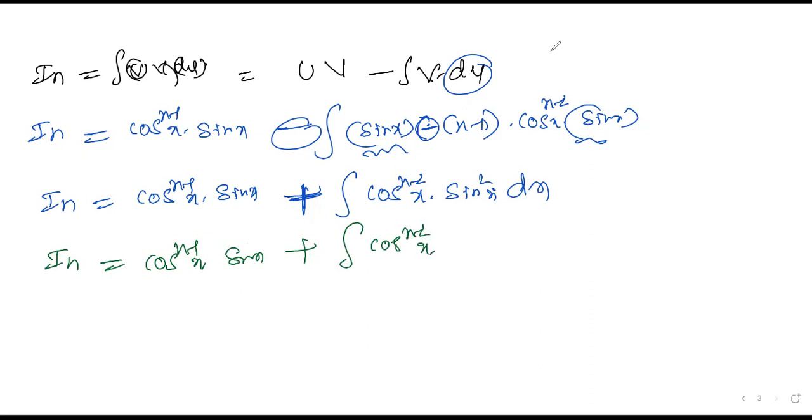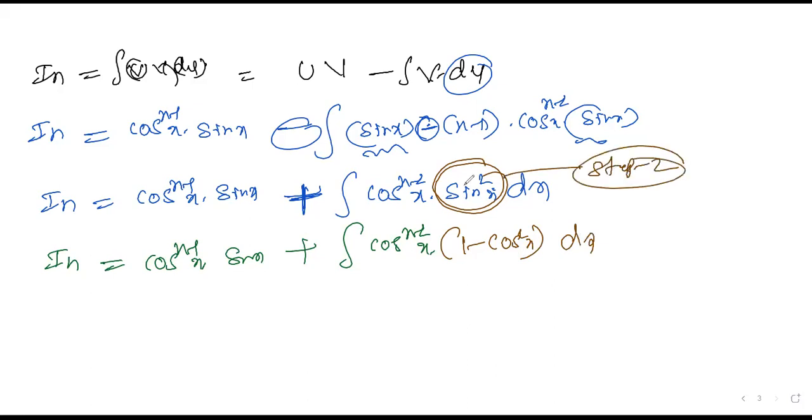So here the very interesting thing, step number 2, is the replacement. Sin square x you can write as 1 minus cos square x, you have to write it down, because sin square x plus cos square x is equal to 1. Here sin square x is equal to 1 minus cos square x into dx. This is step number 2. It's very important when you're doing it, it is a continuous procedure of calculation. This we have to write, don't forget. Sin square means you convert it, because all our terms are cos, I'll write sin square as 1 minus cos square. The next step, you can simplify the equation.